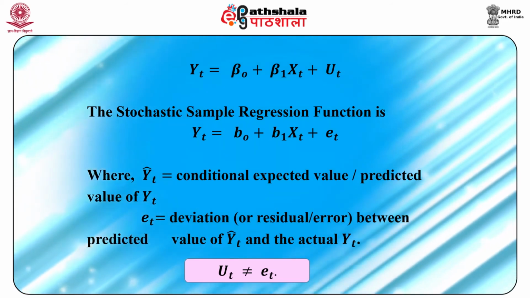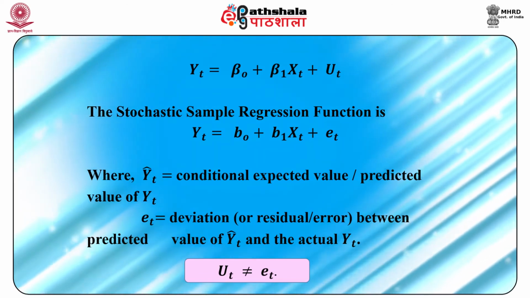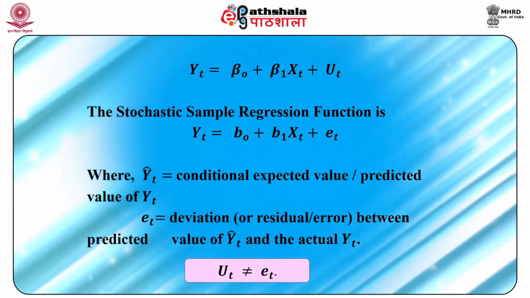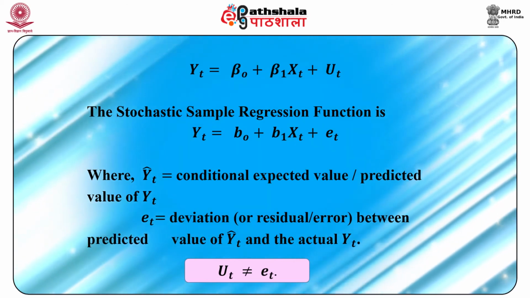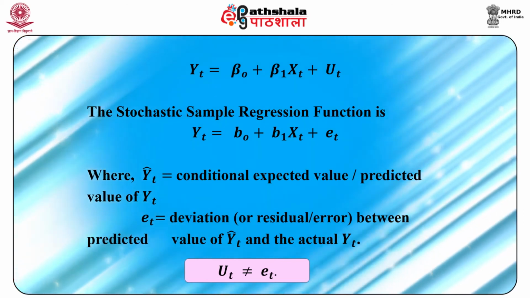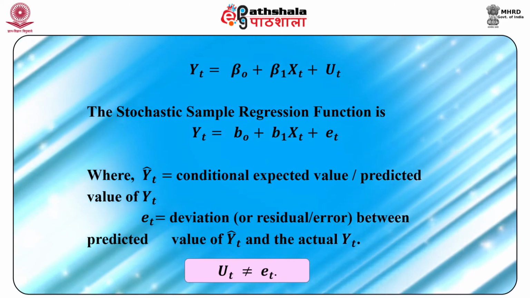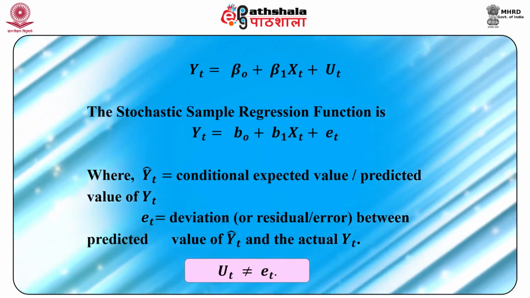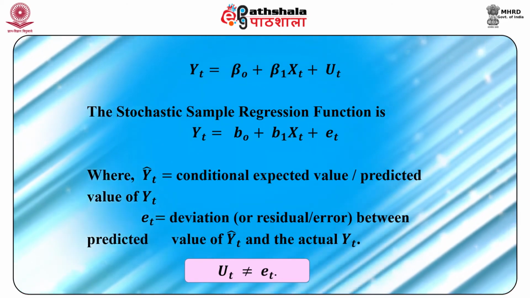So et, which is now used, is the deviation, also known as the residual or error, between the predicted value yt hat and the actual value yt. Therefore, we are saying that mu t is not equal to et, but et is the difference between yt hat and actual yt. The main objective of regression analysis is to estimate the population regression function with the help of